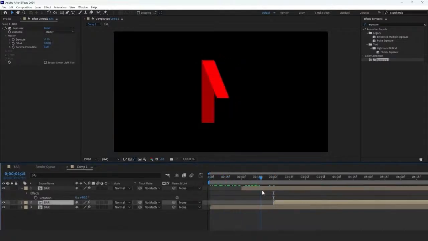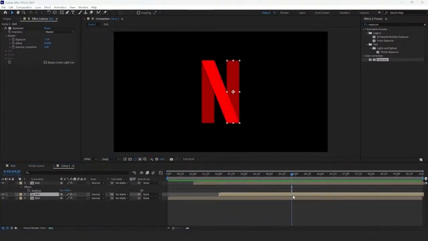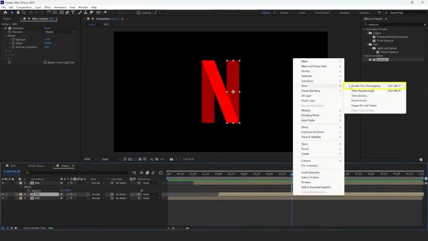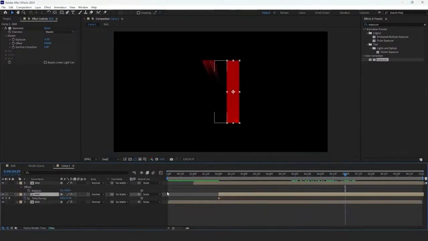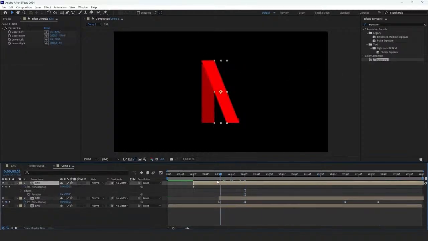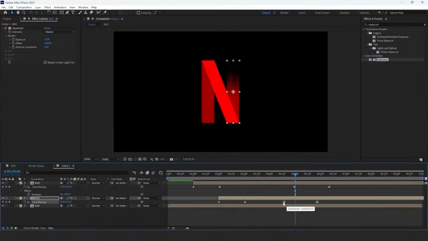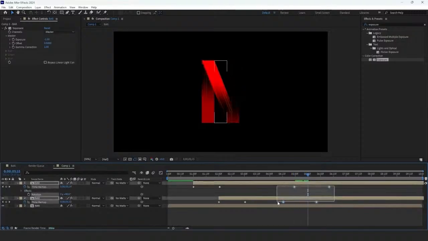The starting of the animation looks good, but now we have to work on the transition effect by using the time remapping effect, and we'll try to get references from every moment of the animation. The starting of the transition, the end of the transition, like that. We will control the animation of each layer to create a continuity in the animation of the transition between the layers as a reversed animation. As you can see, I am moving the keyframes to the desired time so we can have a reversed animation